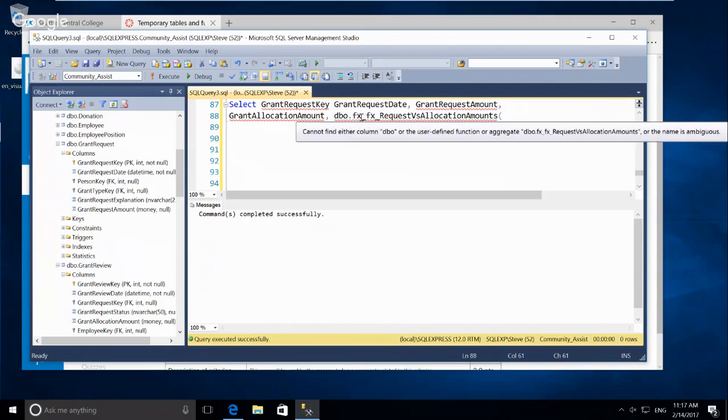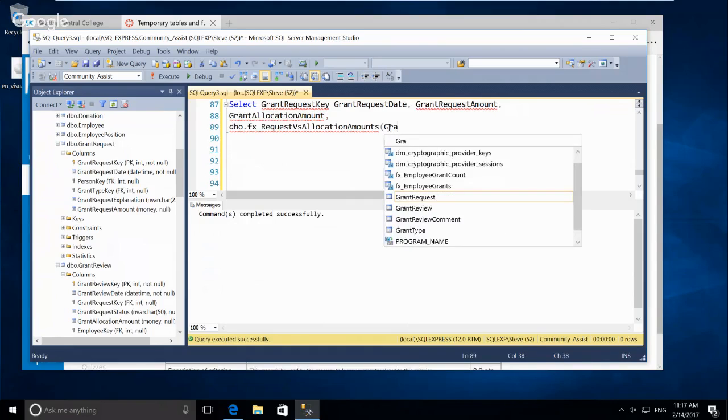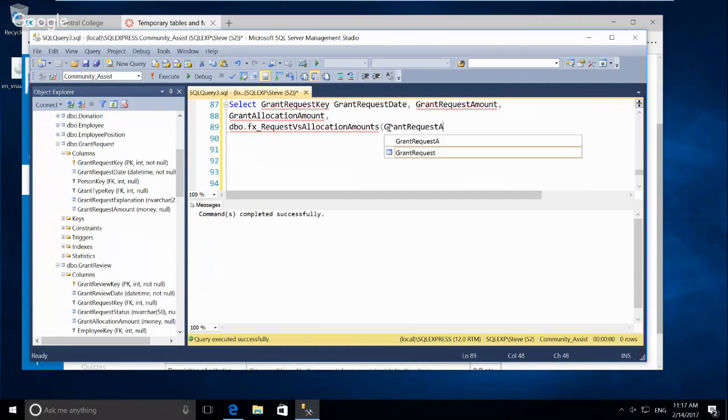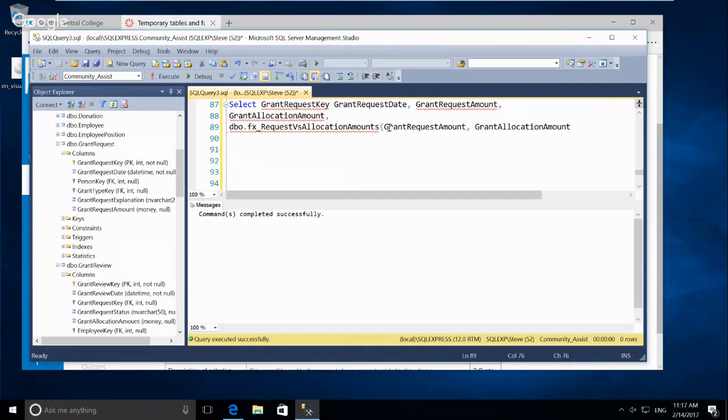Oh, I do. No, I took the dot out, yes. So I need the grant request amount, grant allocation amount, and then I'll alias this as